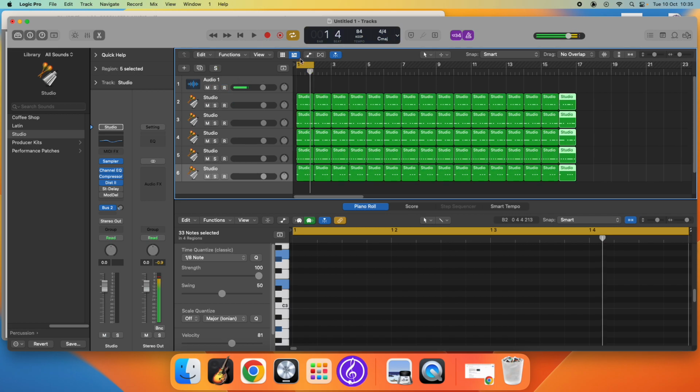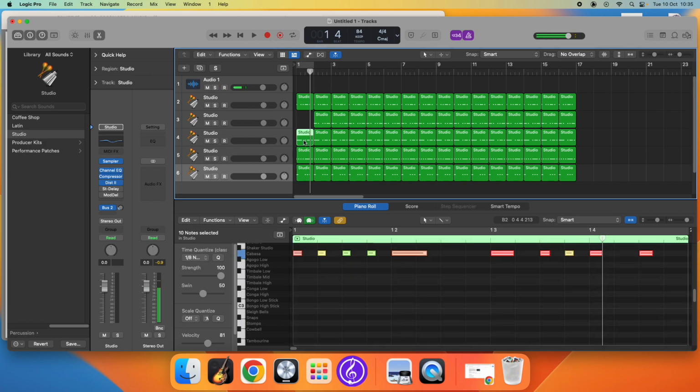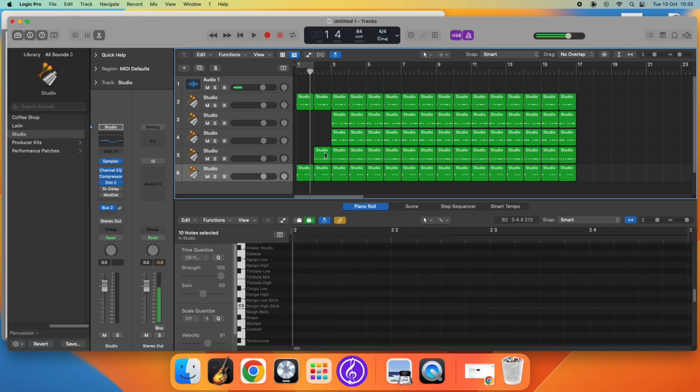Because what we're going to do now is switch the loop off, and you're going to decide how your piece starts. So I've decided I'm going to start with just that part on its own, and then this part on track 5 is going to come in at this point. Okay,